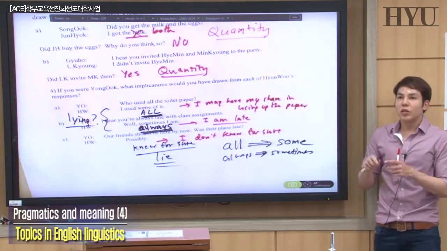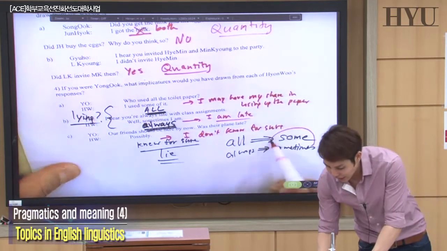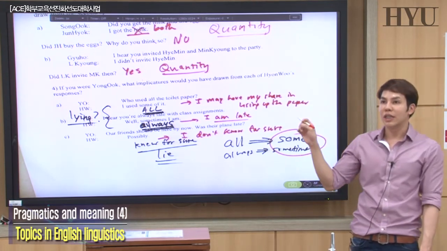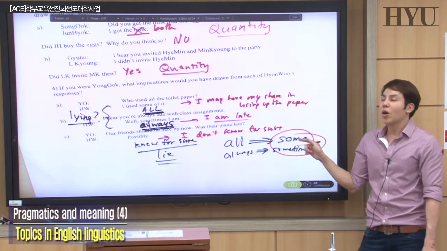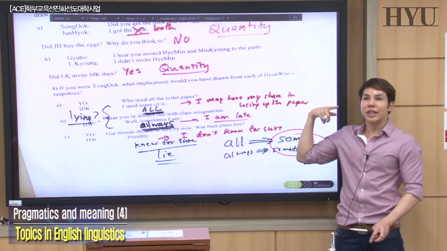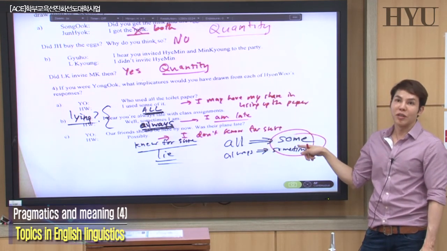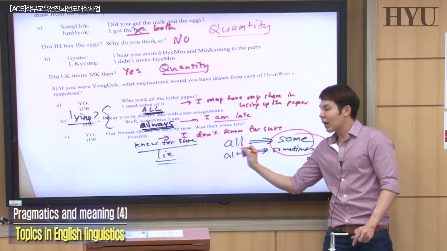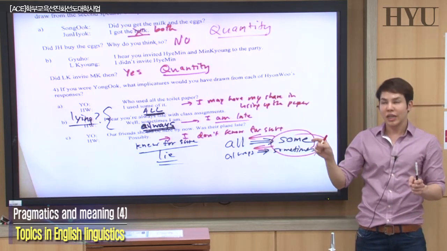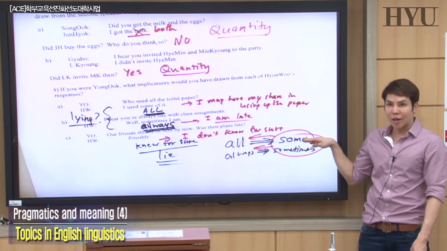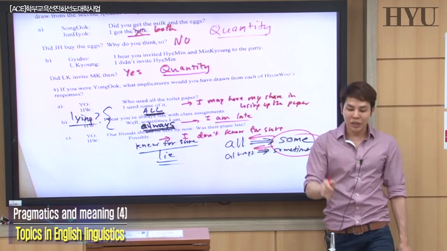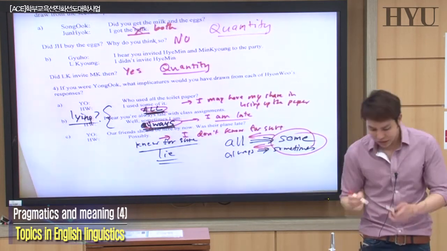So when you start off only at some and sometimes, the maxim of quantity says give just enough amount of information, and the listener takes it that this is the enough amount of information. So he doesn't work up all the way to all. Because of the maxim of quantity, he just takes it that this is the maximum: sometimes, and I use some but not all. So in other words, that person, if in fact he used all and he's always late,